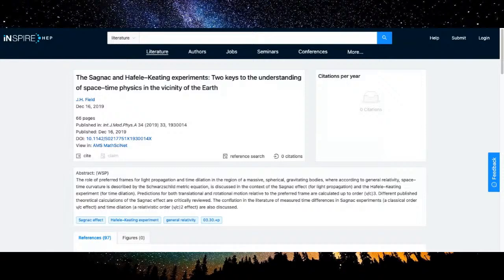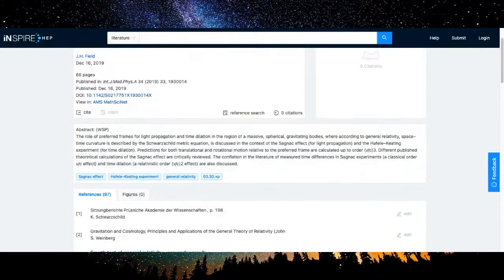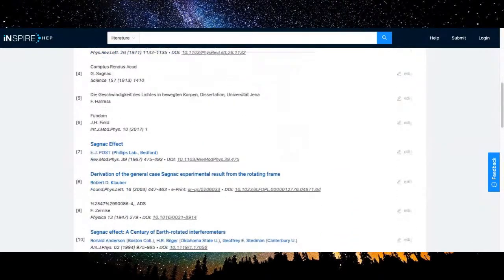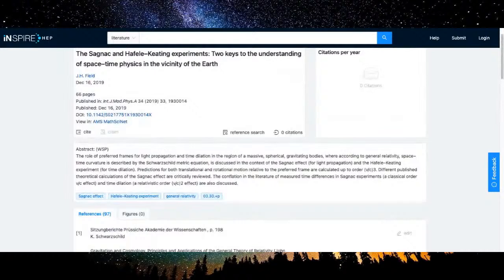No, this is talking, I don't know. It's got the word frames in it. It's talking about the Earth. Yeah, the Earth would be a region of massive spherical gravitating body. Yeah, that would be the Earth. Okay. And so then what is their preferred frame in this paper? Well, that would be the Earth, a massive spherical gravitating body. Yeah, but everybody agrees the Earth is an inertial reference frame.